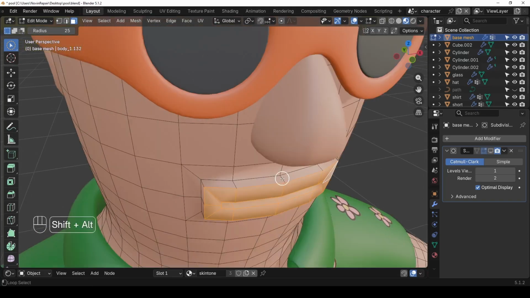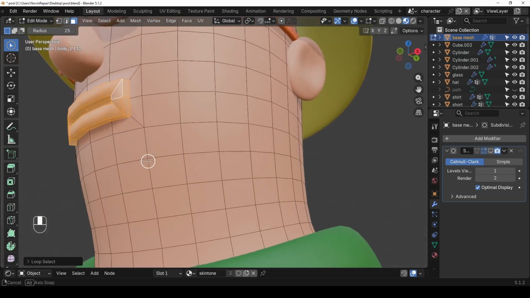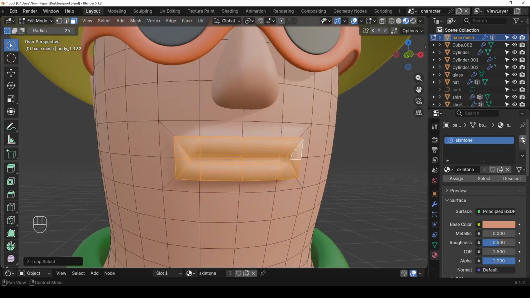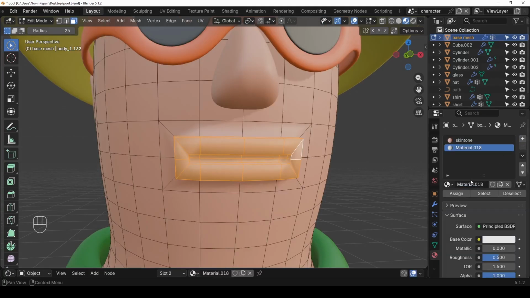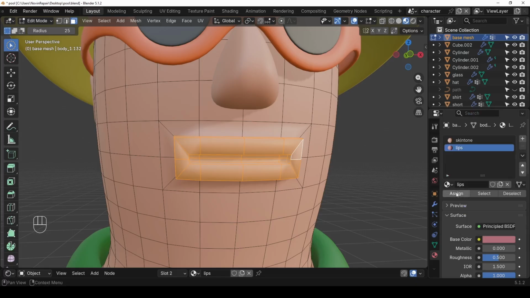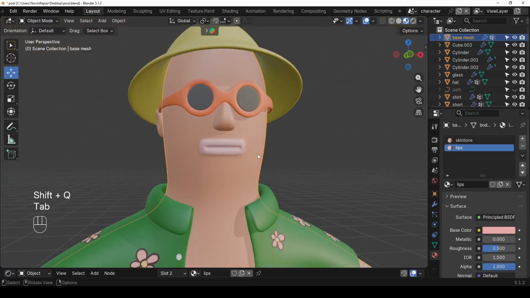And then Alt Shift click on this edge to select that loop, and with all the faces of the lips selected, I go to Material tab and click on this plus button, new, and rename it to lips. And I want kind of a pink color, just like that, and then assign, and that is so pink, so make it less saturated and bring the modifier back on. I still don't like the color of the lips,